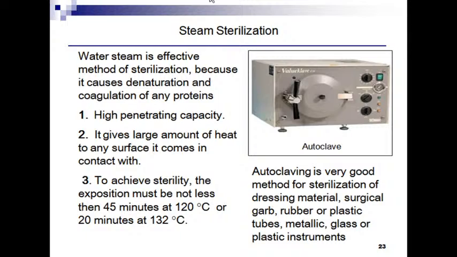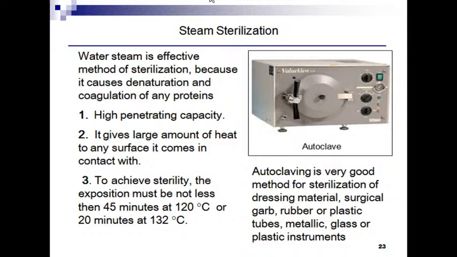Some properties characteristic of autoclaving. First, there is the high penetrating capacity of water steam into the structure of material, for example, dressing material. It gives a large amount of heat to any surface it comes in contact with. Because of good penetration, the water steam delivers heat into deep layers and can sterilize dressing material, surgical garb